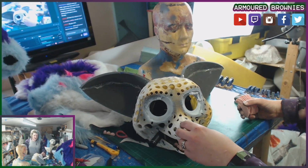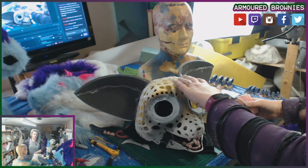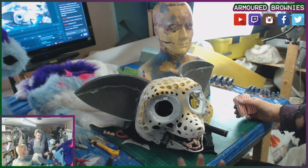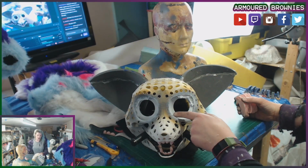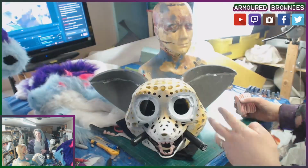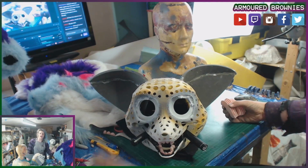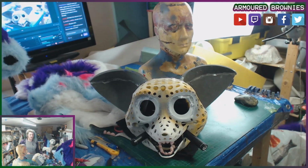So you might recognise this base. This is a Tio model from Thingiverse. They're freely available, and he shares them. However, they don't come with a lot of things, so I 3D modelled my own eyes, like I've done for the other ones as well. These aren't really follow-me eyes, but they're kind of a hybrid between toon eyes and follow-me eyes because they're a little bit sunken back. But that allowed me to 3D model